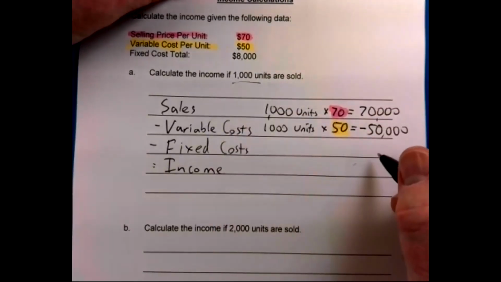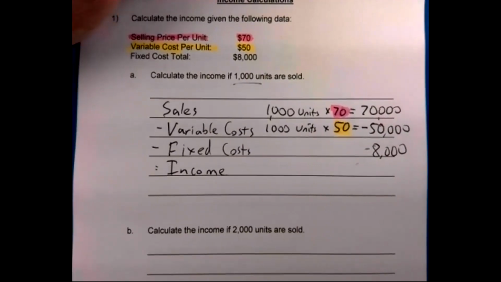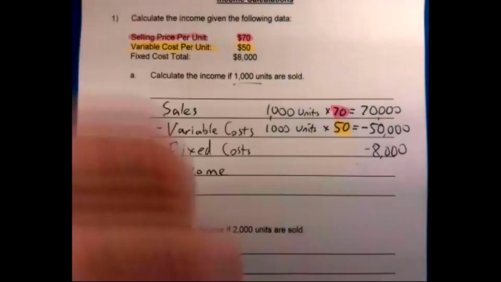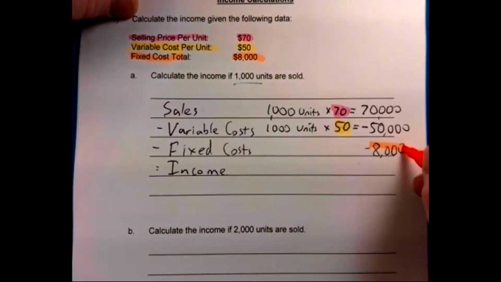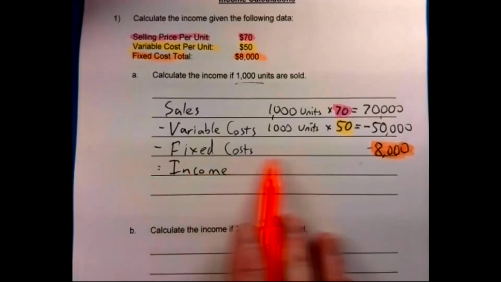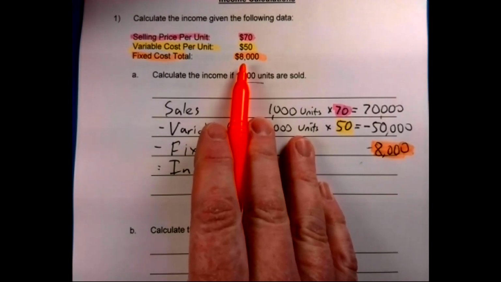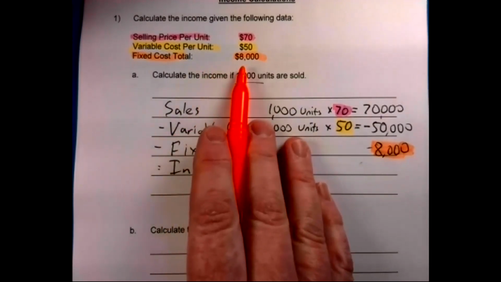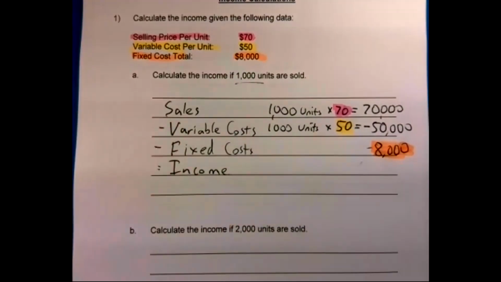Fixed costs will always just be the same. They're fixed. So for instance, your rent. And you might say, well, fixed cost, why don't we multiply it by the units? Fixed cost doesn't depend on the units. So if this is the total fixed cost, that might be your rent. It doesn't matter how many units you make. You don't pay rent per bicycle, you pay rent. Okay, so